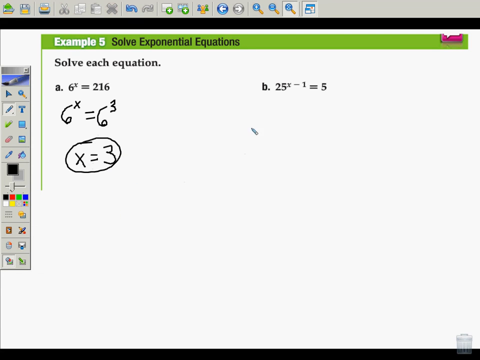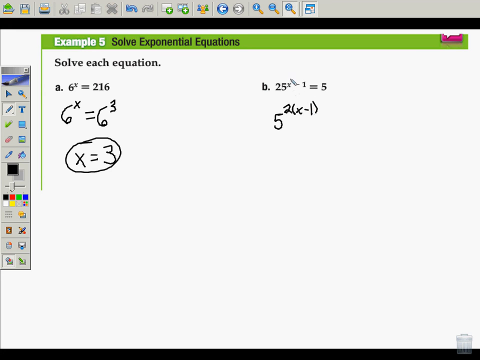If we look at the second one, it's a little more complicated. We've got 25 raised to the x minus 1 equals 5. Two different ways you could do this. We could try to turn 25 into 5 or 5 into 25. I'm going to turn 25 into 5 because I know 25 is just 5 squared. So instead of writing 25, I can write 5 raised to the second power. Make sure to put this x minus 1 in parentheses. So I get 5 to the second power times the x minus 1. Since it started out with that x minus 1, you've got to put it in parentheses when you change it,